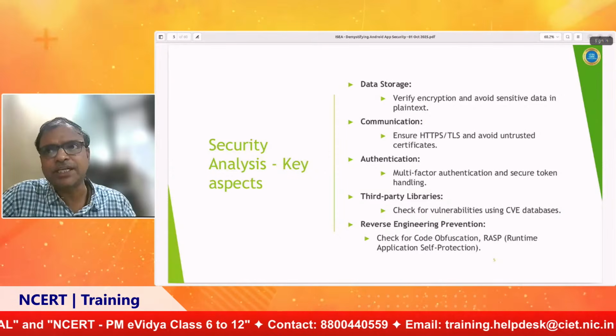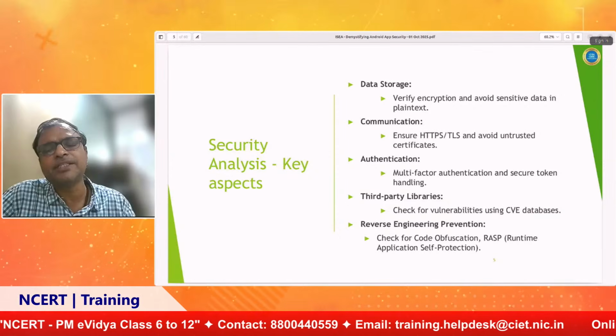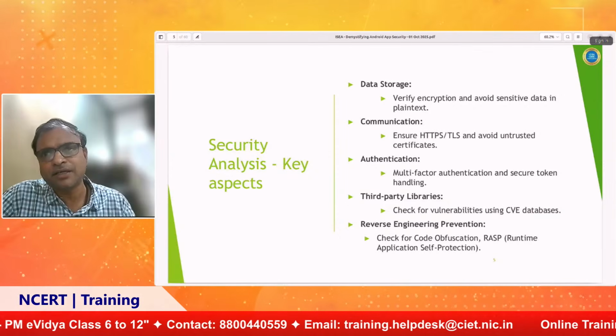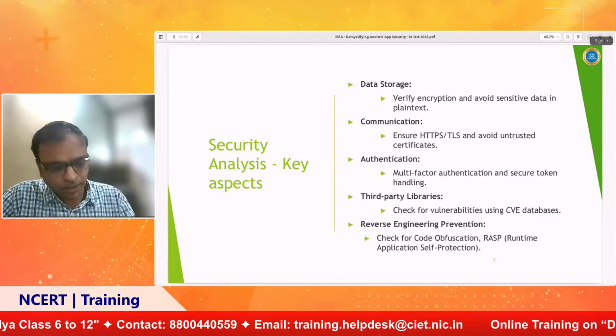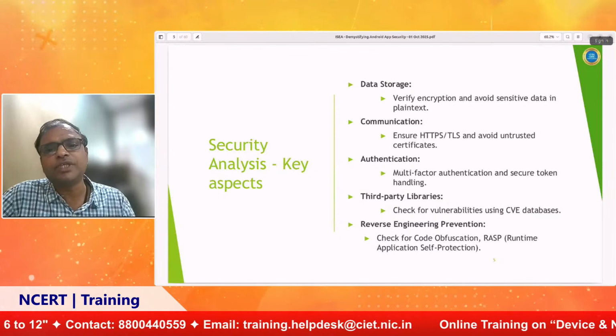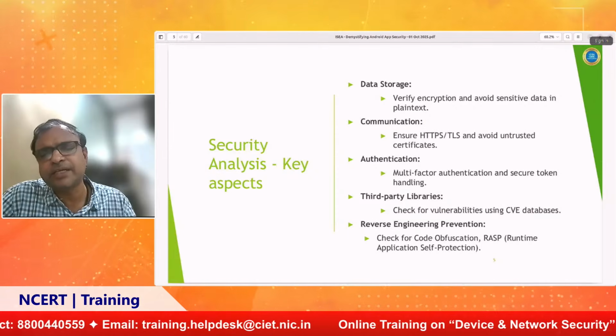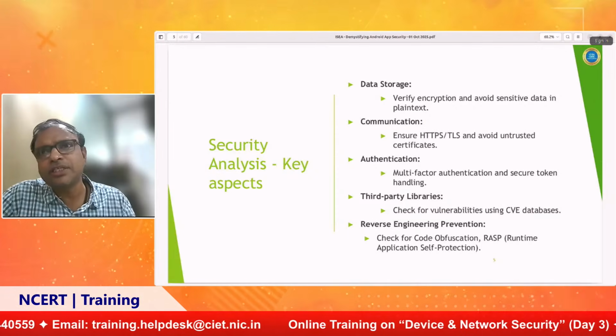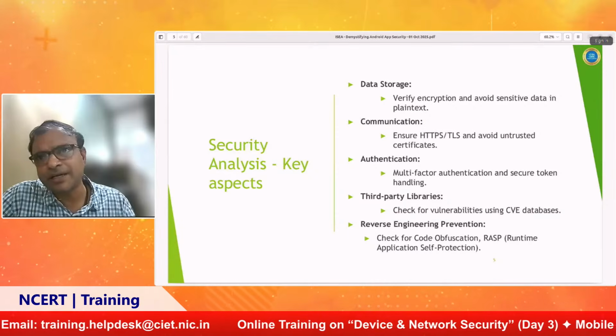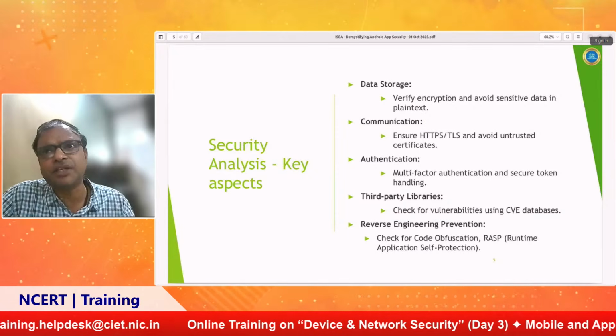Then, what communication aspects has the developer implemented in the application? There are HTTPS and TLS protocols, which may be using untrusted certificates. If it is an untrusted certificate, then the adversary could easily intercept the traffic and steal